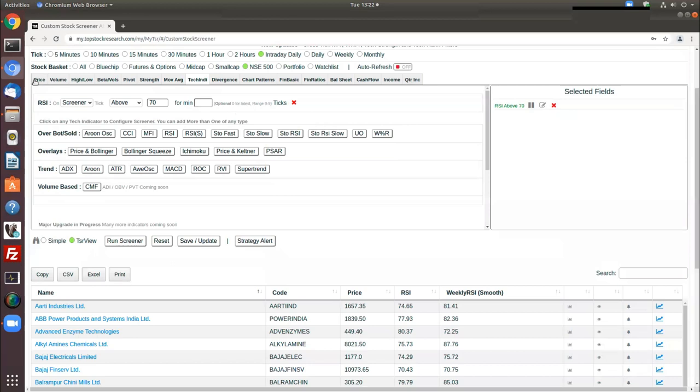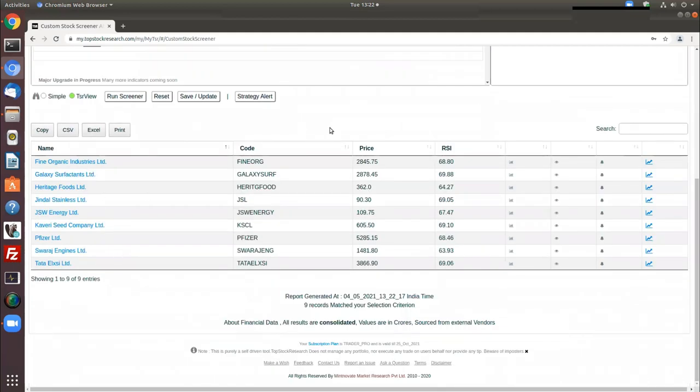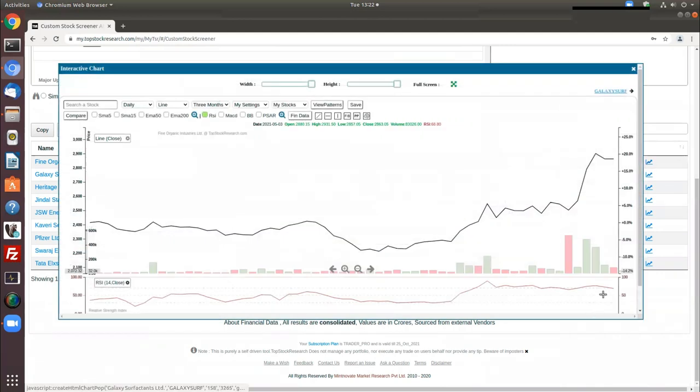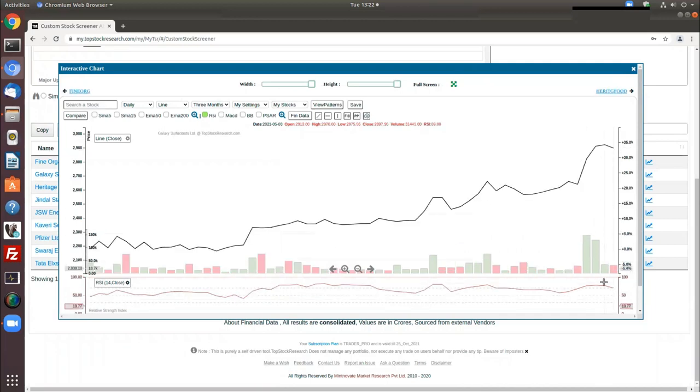Also, there's another option which says that I'm looking for crossover above. Let's say you're looking for crossing above 70 or crossing below 70 to see from an overbought zone it's coming down. So you have an option. These many stocks have crossed below 70. Previous level was above 70. Current level is this. Let's see on the charts. So it has crossed below 70 on the daily tick. Now it has gone up. So it's the market hours, so things are moving continuously. So this is crossing below 70.